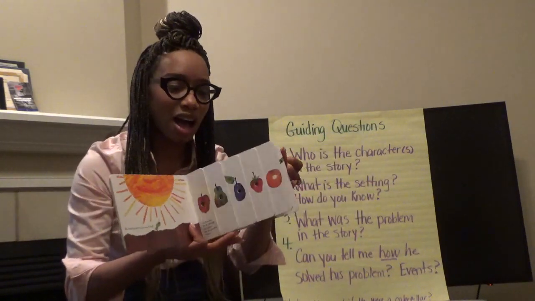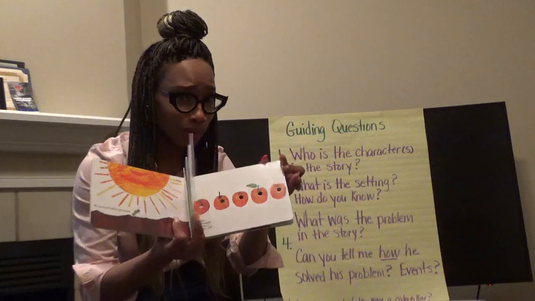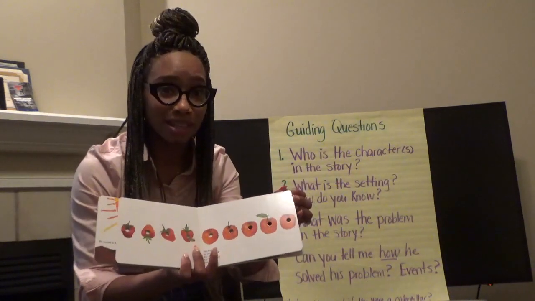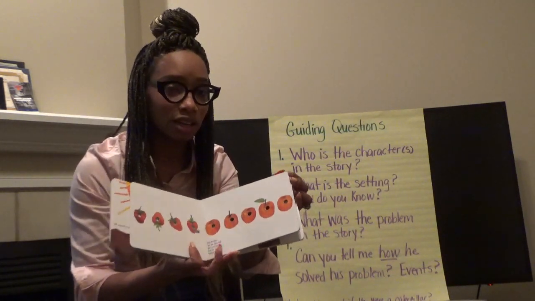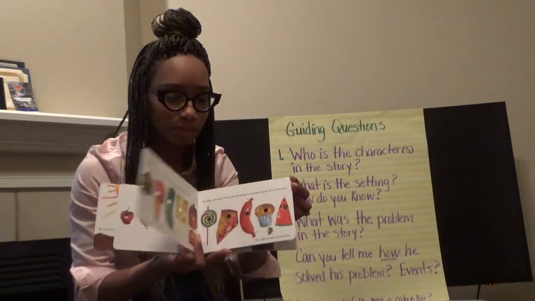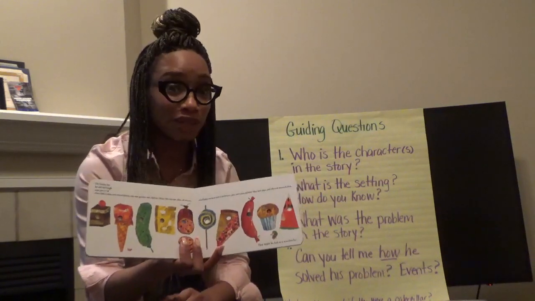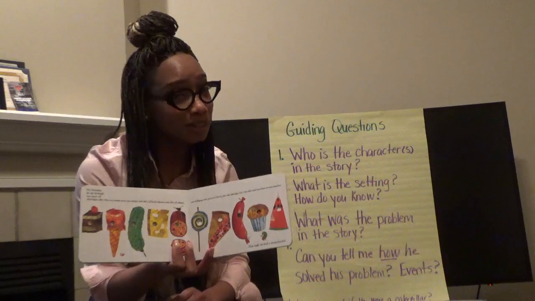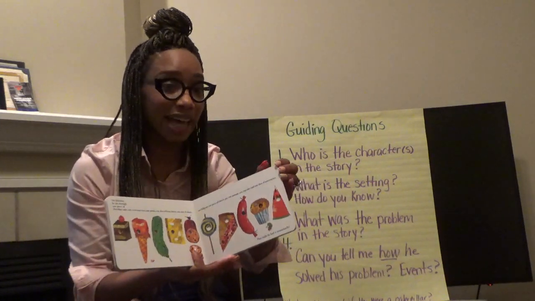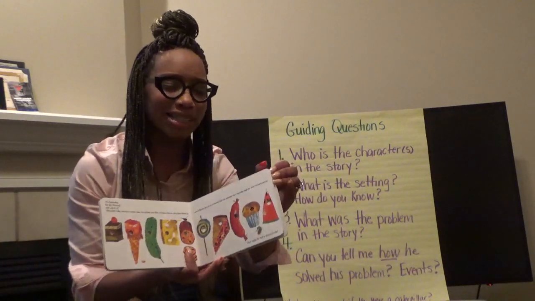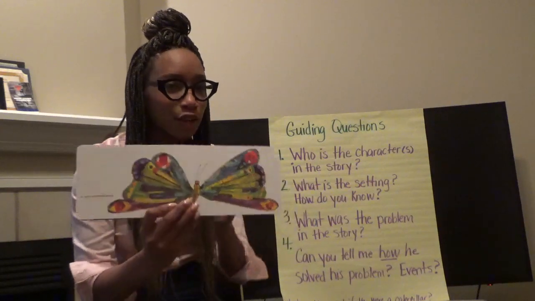And draw some really tasty fruits that you would like to eat if you are the hungry caterpillar. And maybe some junk food that you would like to eat if you are the hungry caterpillar. And the last picture, I want to see your beautiful